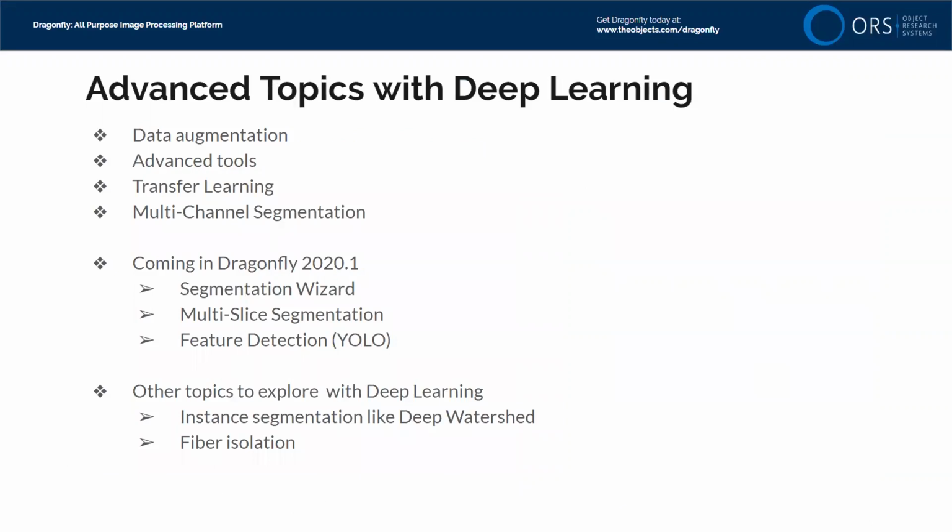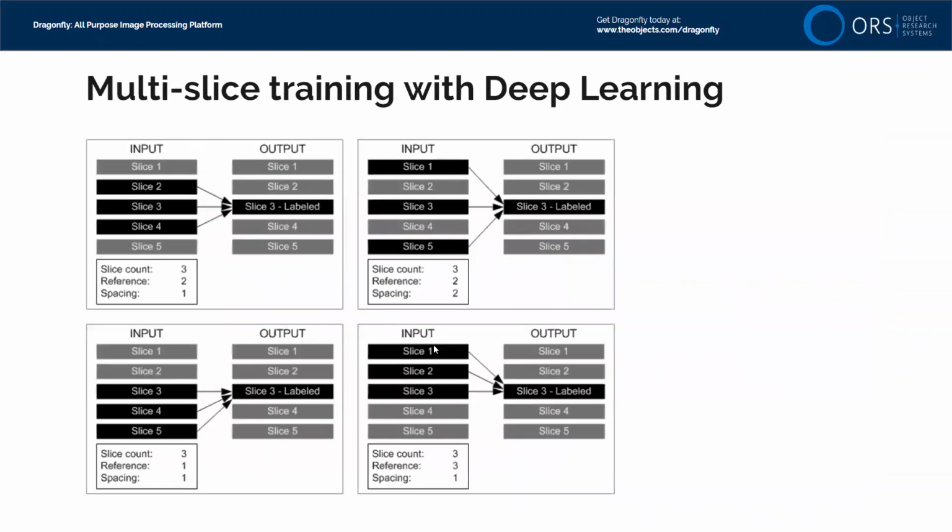Now, I also want to talk about multi-slice segmentation and feature detection using YOLO, which stands for You Only Look Once. Okay, this slide is going to be on multi-slice segmentation. I've sort of mentioned this in the previous talks, but this figure kind of helps. If you have an input and you think that the software or the deep learning model should benefit by not only seeing what's on a slice, but seeing what's on the slice before and the slice after, you don't have